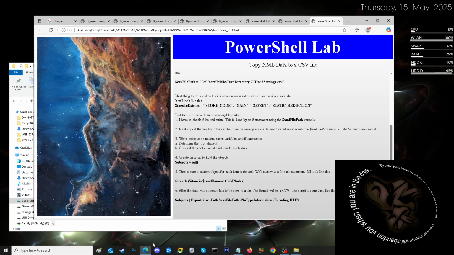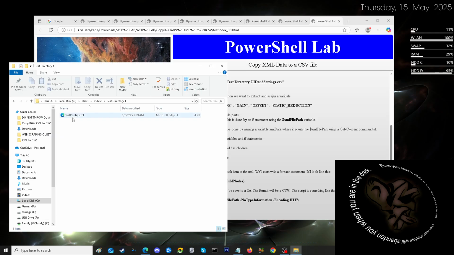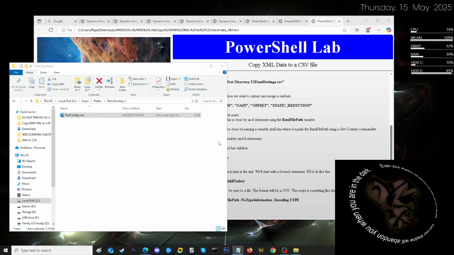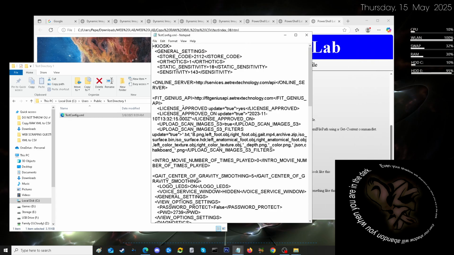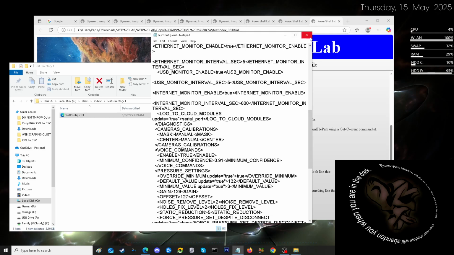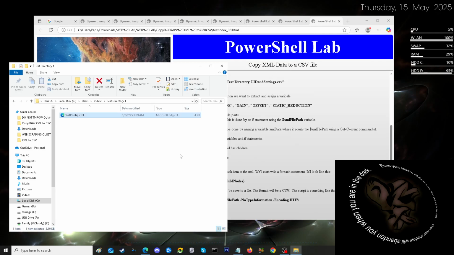Now from here, if I show you the test config, it's got a bunch of stuff in there. You don't really need to see everything. It's not really that important. But it's gonna look like this. You got a bunch of tags, a lot of information here. I don't need everything there. Like I said, this is just,